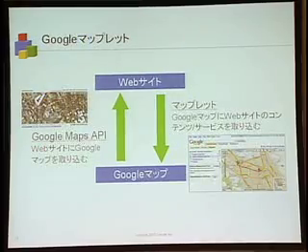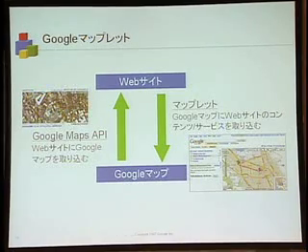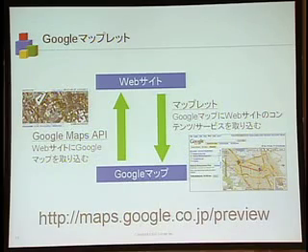And I'd like to make it easier to understand. So far, your website and Google Map existed, and the conventional Google Maps API allows you to capture Google Map into your site, but what we are going to do is the other way around. Your contents or services will be captured in Google Map. The Google Maplet, a small component, is created by you to implement this.